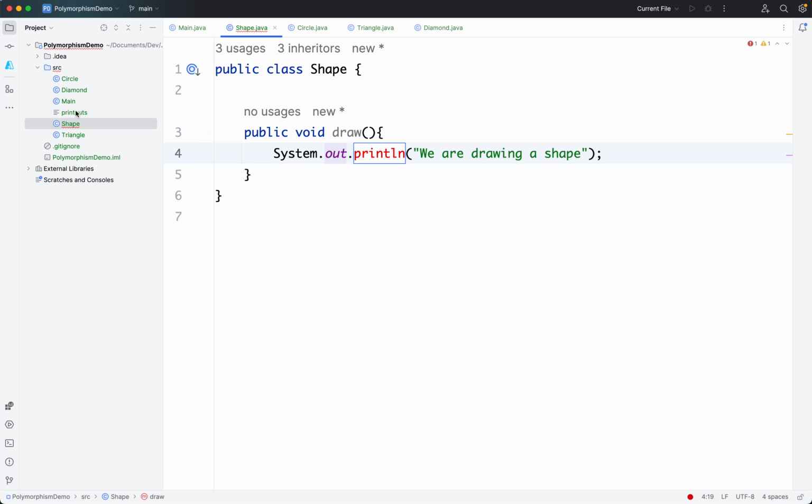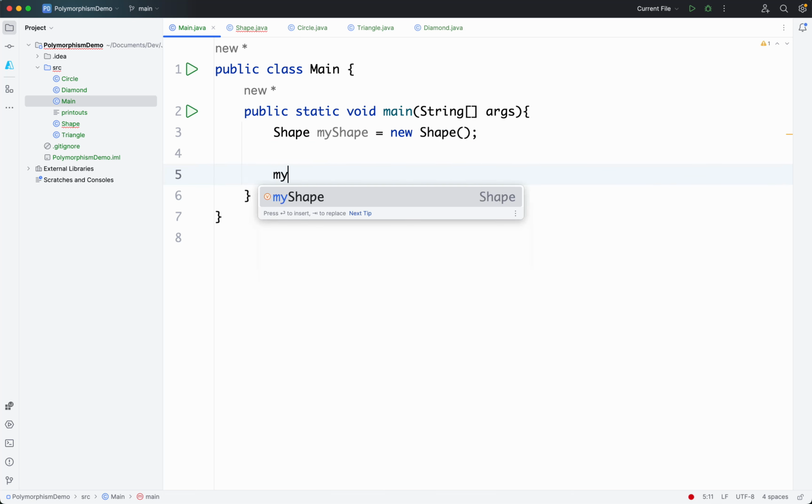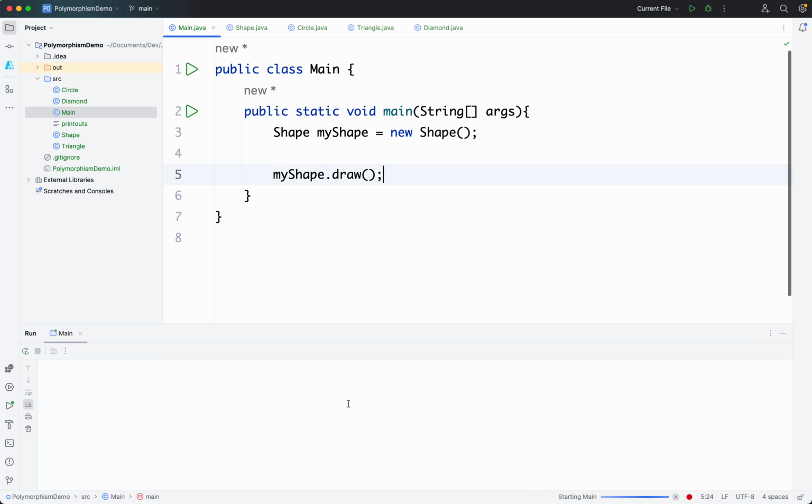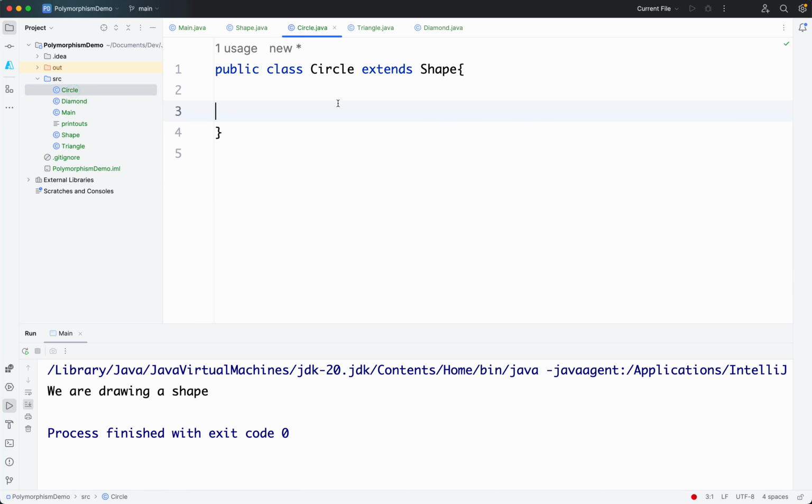All right, before we move on, let me just quickly instantiate this shape object. So I'm going to call this shape1, or let me just say this is my shape, equal to new shape. And let me just call my shape.draw. And now if this prints out correctly, then we don't have a problem. And as you can see, we are drawing a shape. Okay. Now, let's get back to